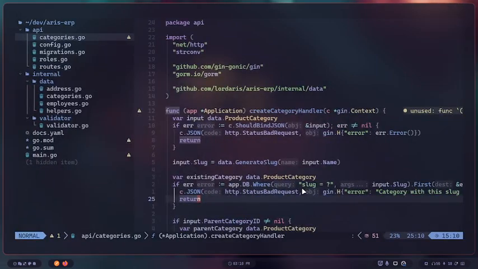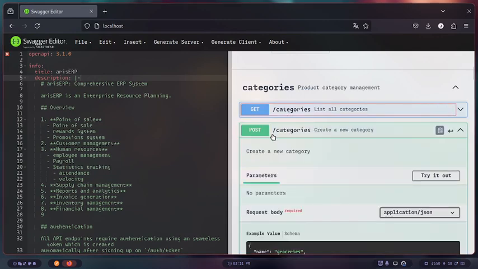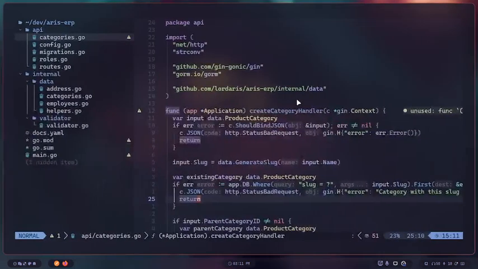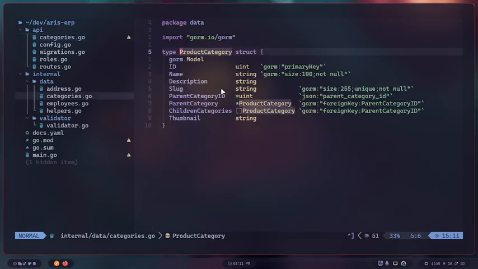Okay, so I created that endpoint. I created that route in order to be able to make a new category, and I'm going to explain how it works. So what I do is create a variable called input, which is of type product category, a struct that I created with the elements that I want it to have, which are a GORM model, which includes the created at, updated at, and deleted at fields,